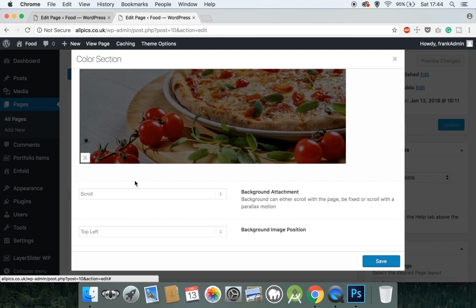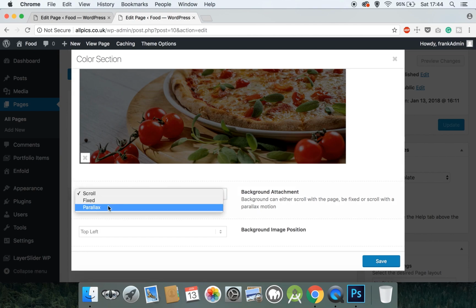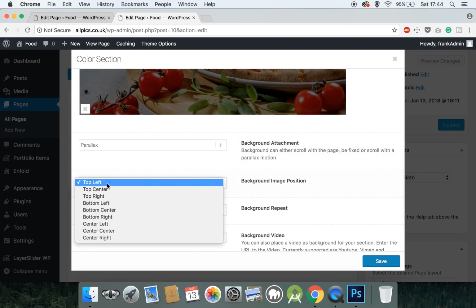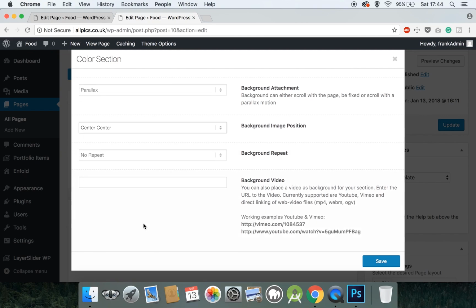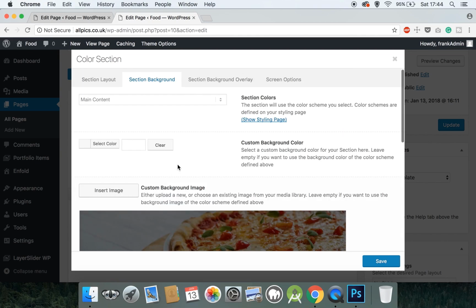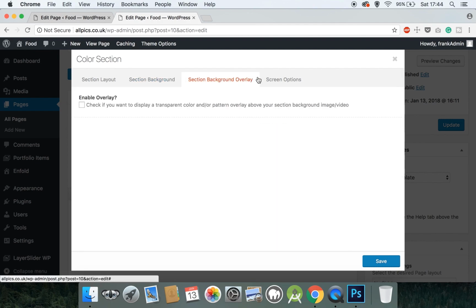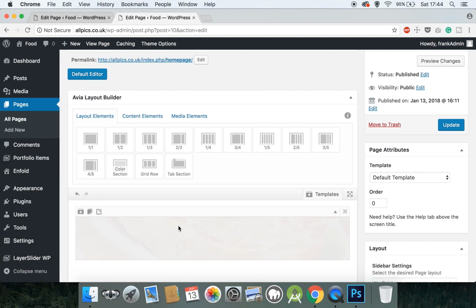And we can add a nice feature to this. So when we scroll down the page, the background moves slower than the text on the front of it. So we'll click this, and that effect is called parallax. We want to display this background in the center of the screen, so we choose center. We don't want the background to repeat, and we don't want to use a background video. And I don't think we need to change any of these. No, that's fine. Click save. And that's added a background